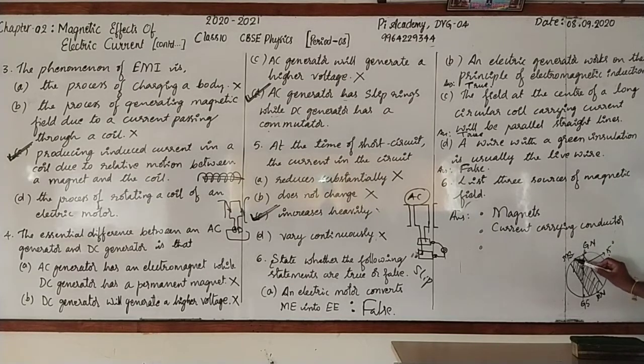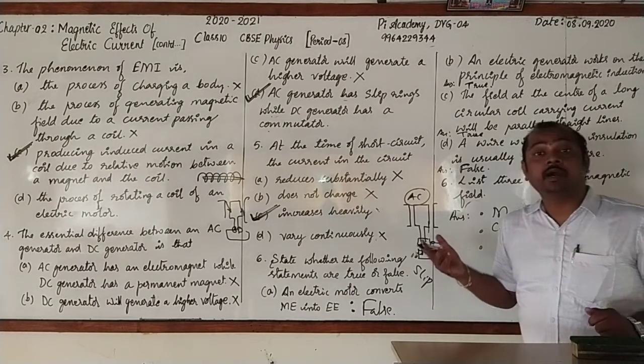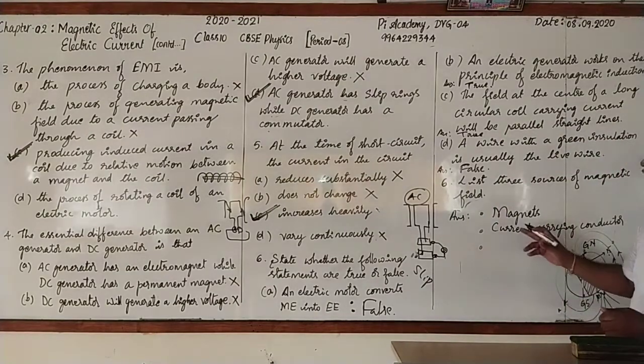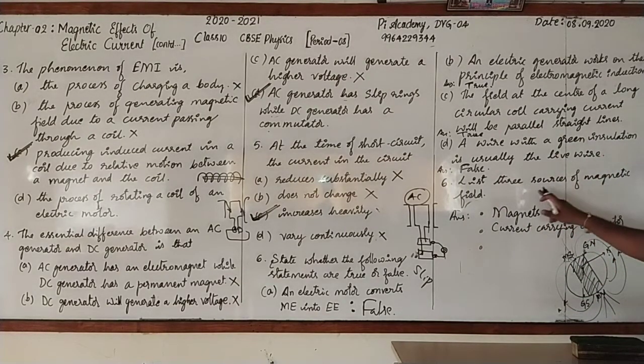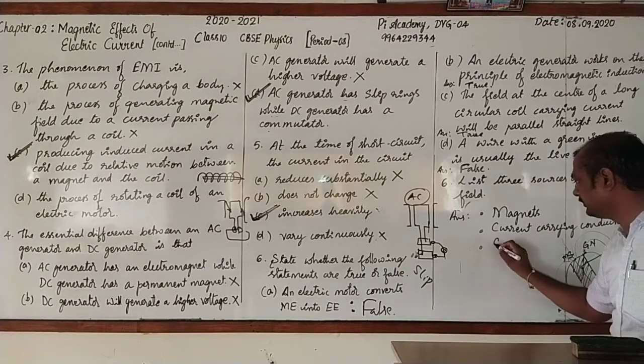Look here. Here also the lines of force are spread from one pole to another pole like this. See that. And the lines of force do not intersect each other. We know that one. And the lines of force exist from north pole to south pole, that is magnetic north to magnetic south. Can be shown like this. Even the Earth itself is a source of magnetic field. Clear? So here I'll write Earth.